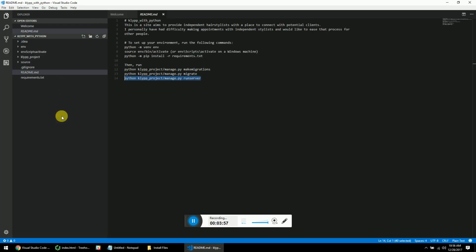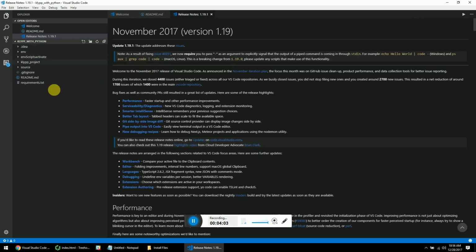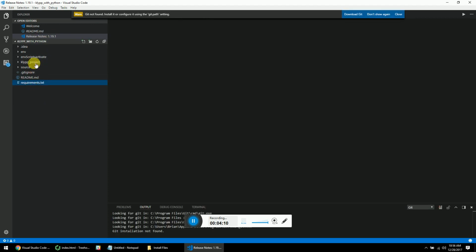And there we go. So yours may look a little bit different. I already have some projects that it's recognizing. So that's why you see some of this stuff over here. But basically, all this is a text editor. And you can see a little bit of code here, or a configuration file. And you would be able to write your code in here. And we'll cover that a little bit later on